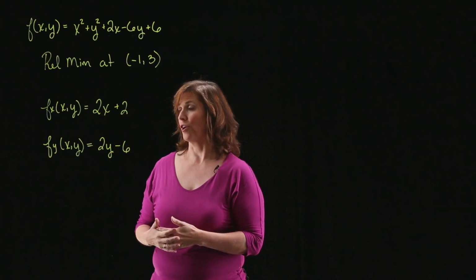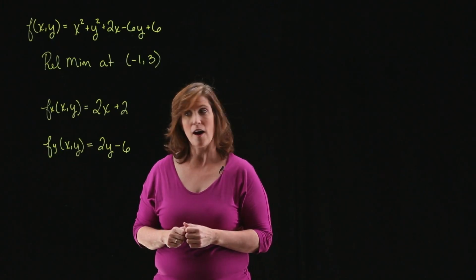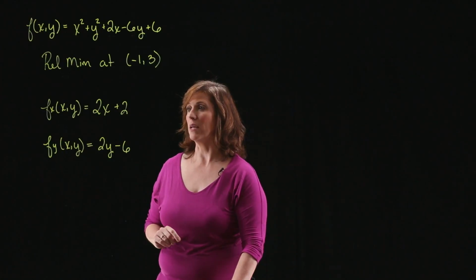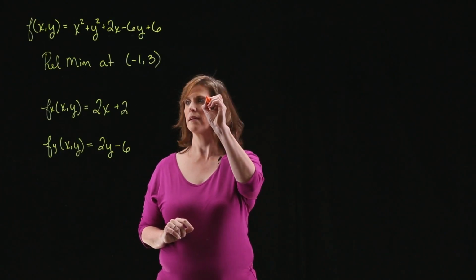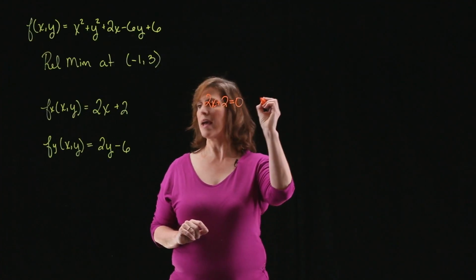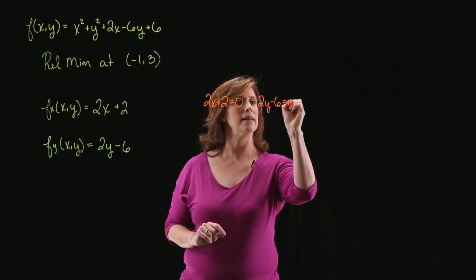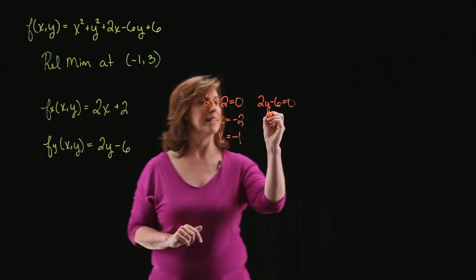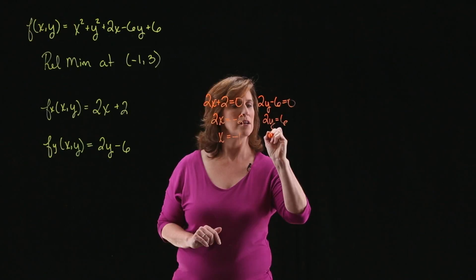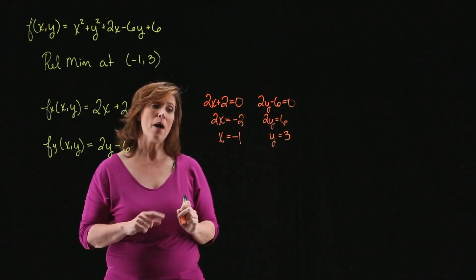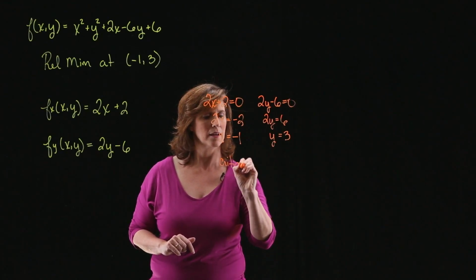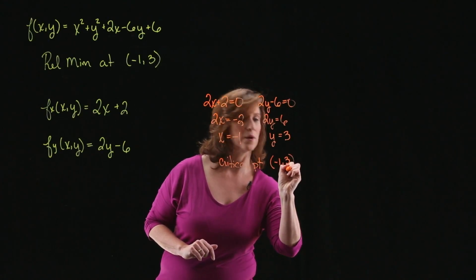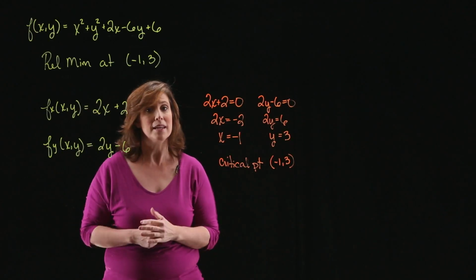All right, well, where do critical points occur? Critical points occur when either one of those partials is undefined or when they're both 0. Well, these partials are always going to be defined. So let's go ahead and see where they're simultaneously equal to 0. So I want to set 2x plus 2 equal to 0, and 2y minus 6 equal to 0. In this case, 2x equals minus 2, and x equals minus 1. And in the second case, 2y equals 6, so y equals 3. So now I know that I have a critical point at minus 1, 3. Now, just because it's a critical point does not mean it's a relative minimum, so I'm not